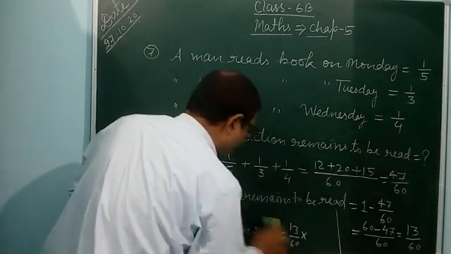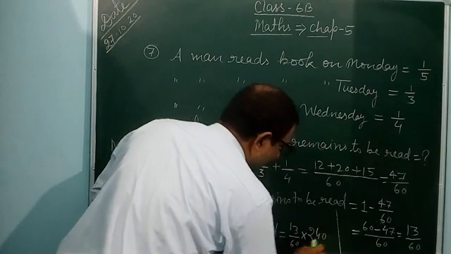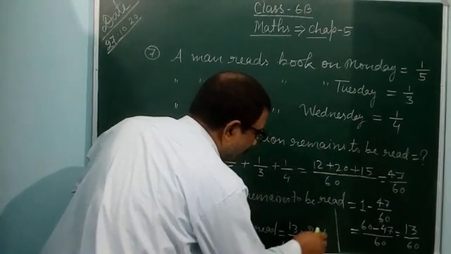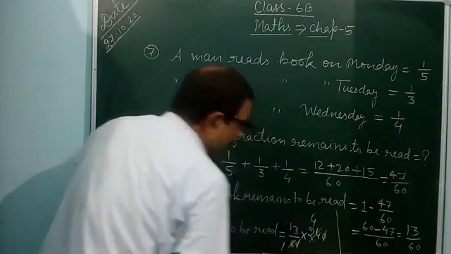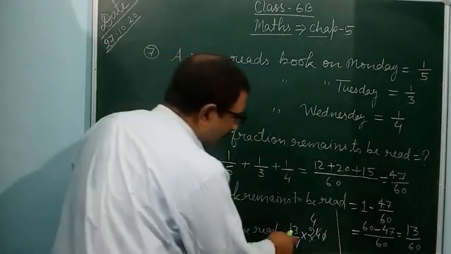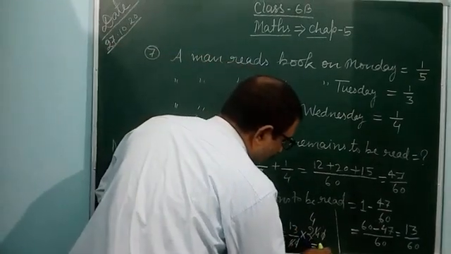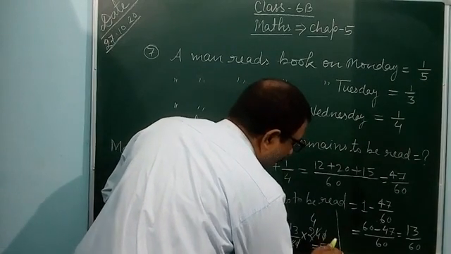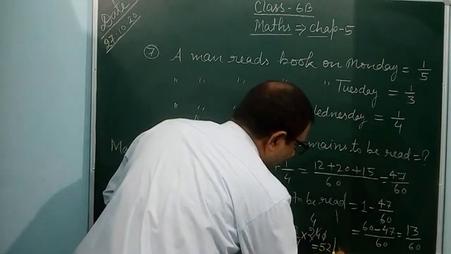of 240. You solve this: 0 and 0 cancel, 6 times 1 is 6, 6 times 4 is 24, and 13 times 4 is 52. So it means 52 pages remain.